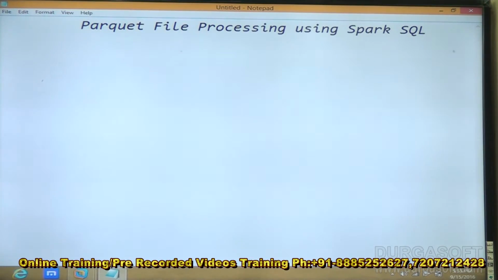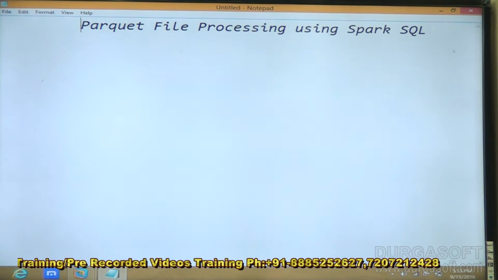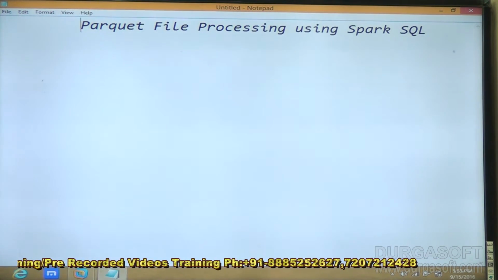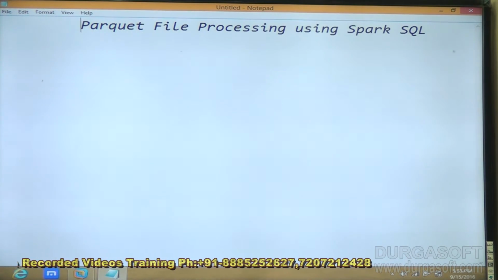Hi guys, till now we have searched and worked more on Spark SQL, which is an advanced software framework built on top of Spark, which also gives the